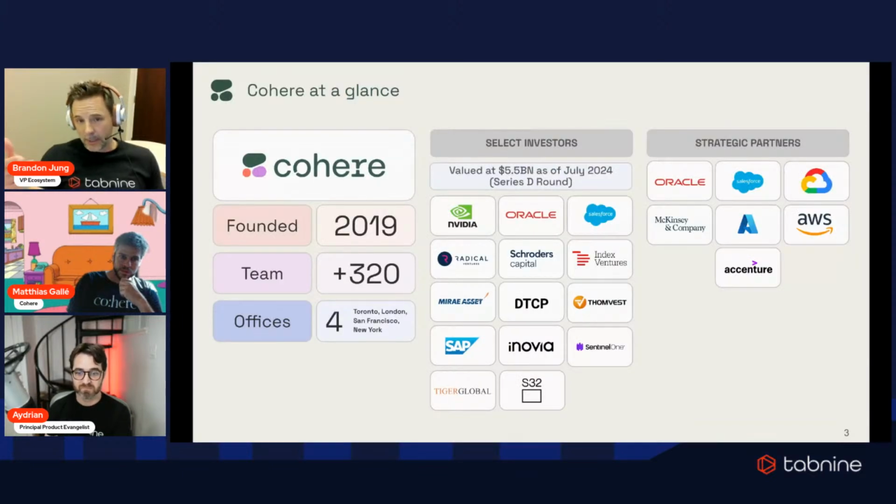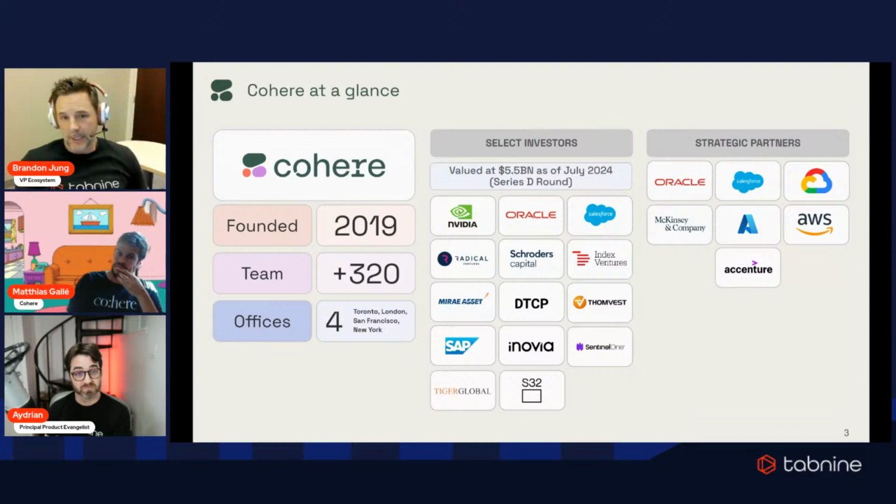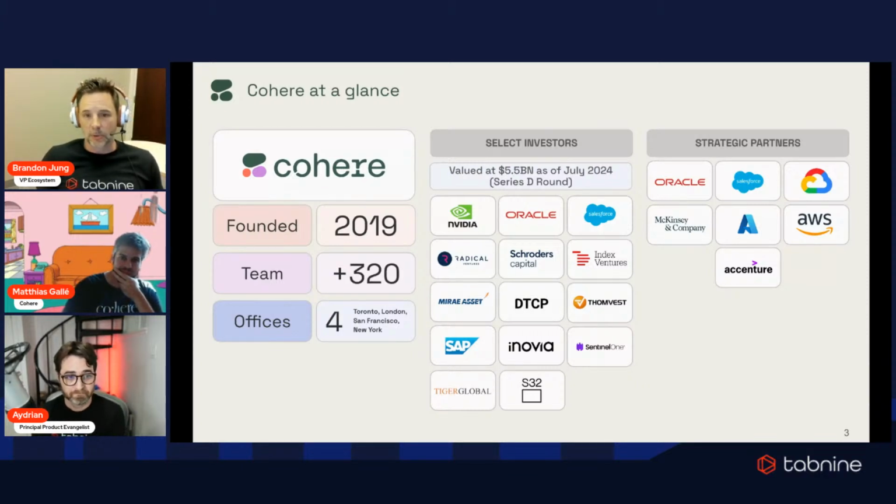A little bit on Cohere, and I'll let Matthias jump in. I know the team personally. The founder and I used to work at Google together, and the team over at Cohere built a great foundational group, which has now scaled dramatically with investors and partners just about everywhere. You're going to get a ton more depth on that, but suffice it to say, they are among the elite companies in the space around building complex, awesome LLMs.